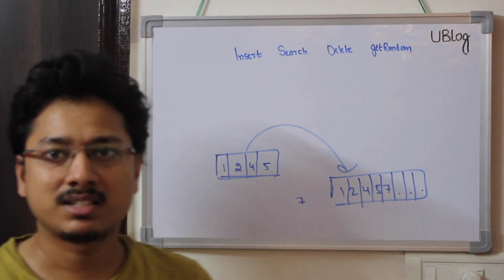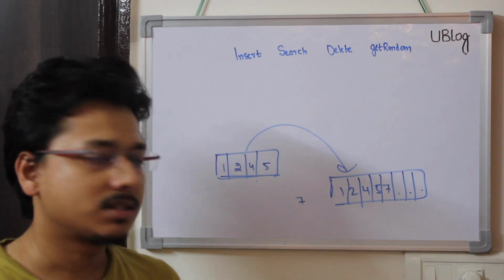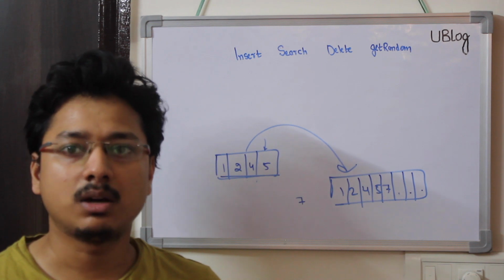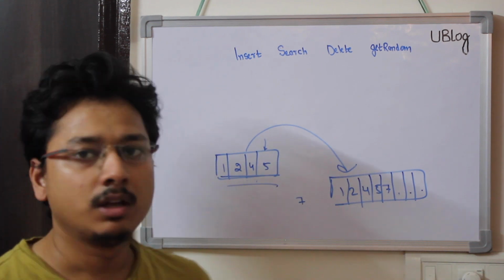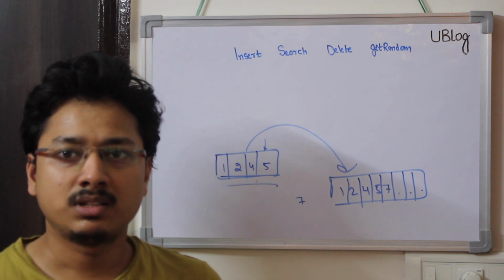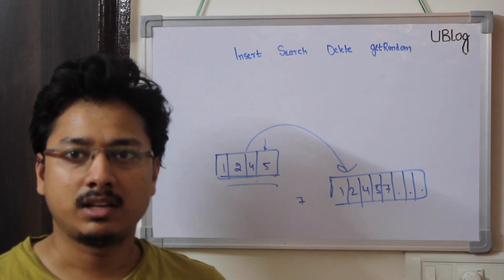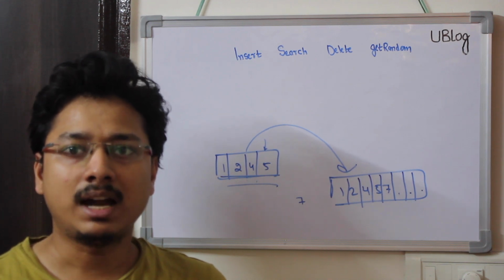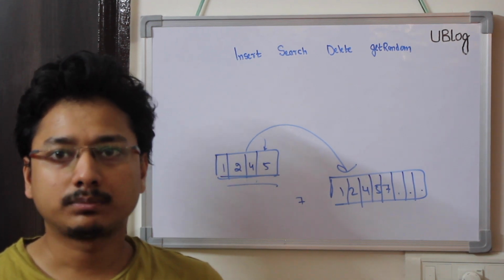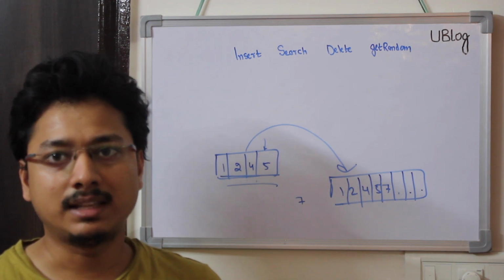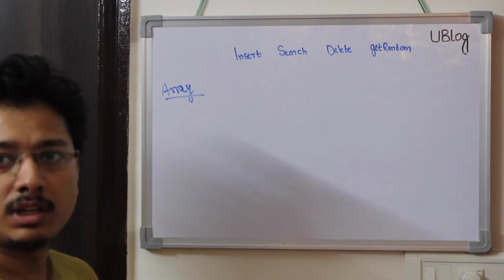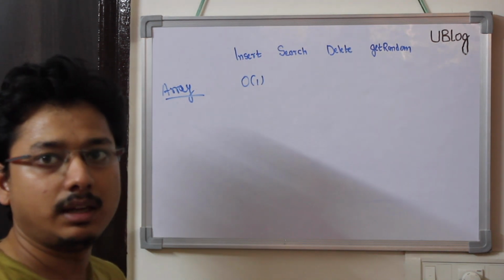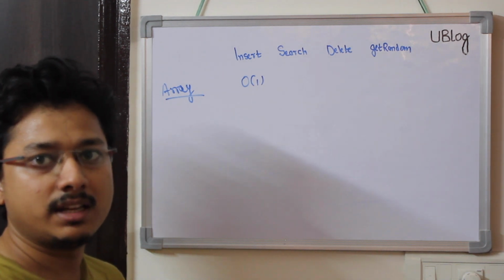So we are saying the insertion in such an array is constant time, but whenever the array is full, it does not take constant time, it takes O(n) time, because we need to copy all the elements to the new array. But this condition is very rare. Since we are always doubling the size whenever the array is full, asymptotically we can ignore that and take it as O(1). So inserting into a resizable array at the last index is O(1). For array, the insert is O(1), and the array I am talking about here is either ArrayList or vector, that is, the resizable array.